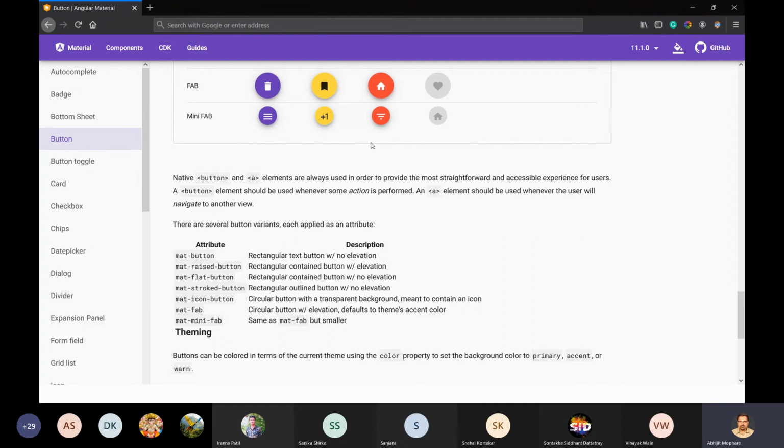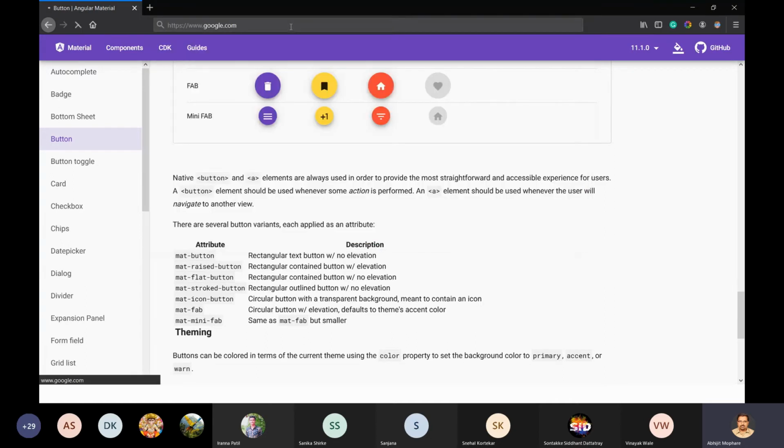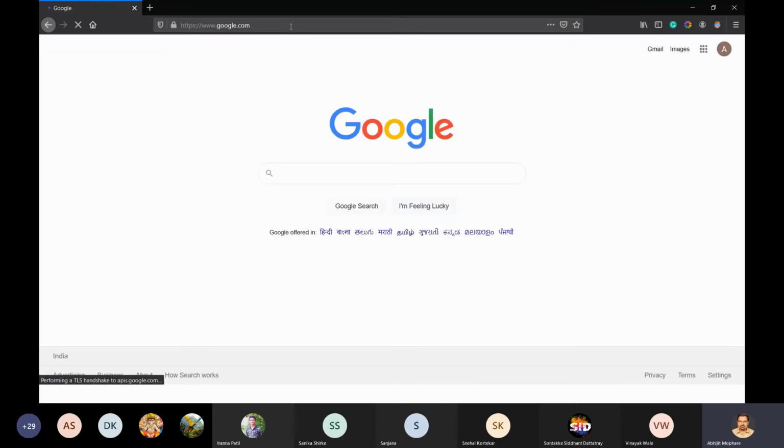So I will not go into the detail of that at this point of time, but what you have to understand is whenever I type www.google.com, my request goes to the Google server, and the Google server returns me several pages or documents, and one of the documents is index.html, right?